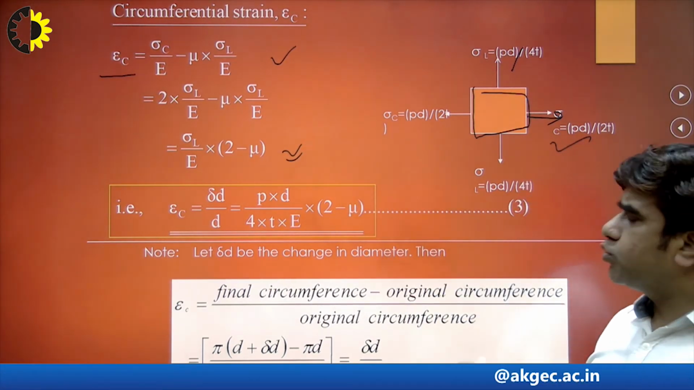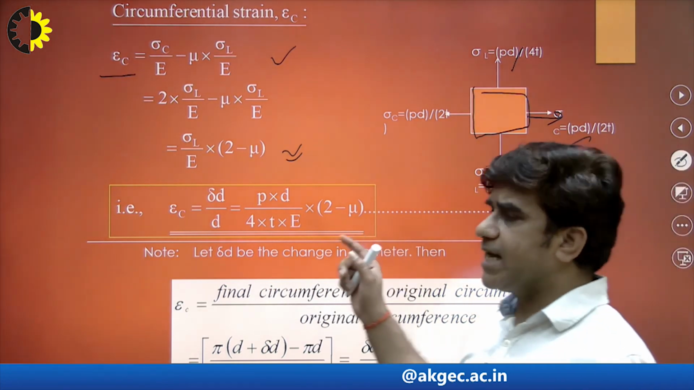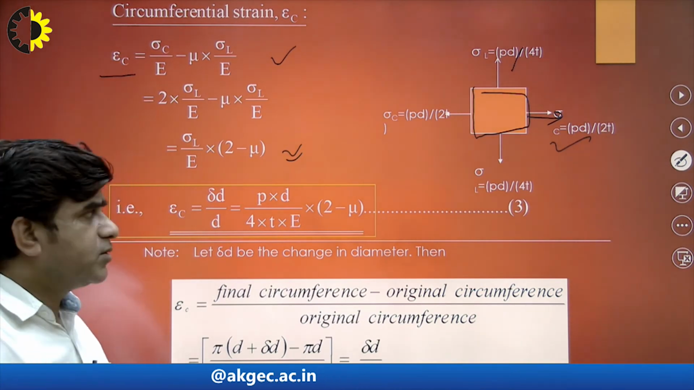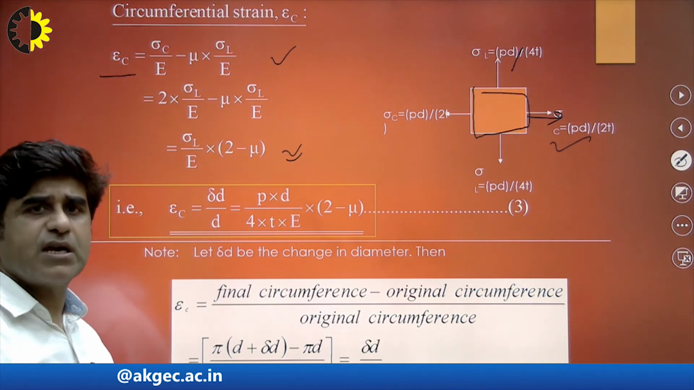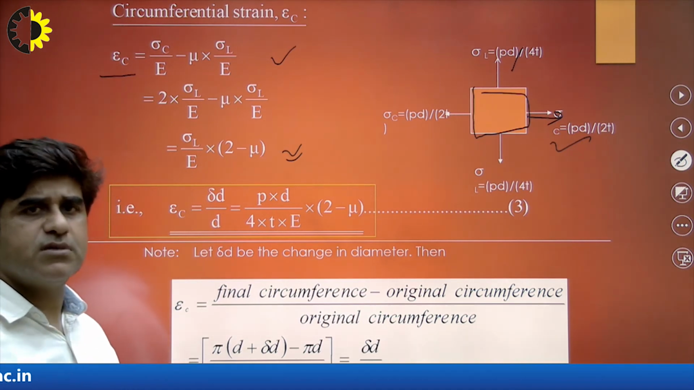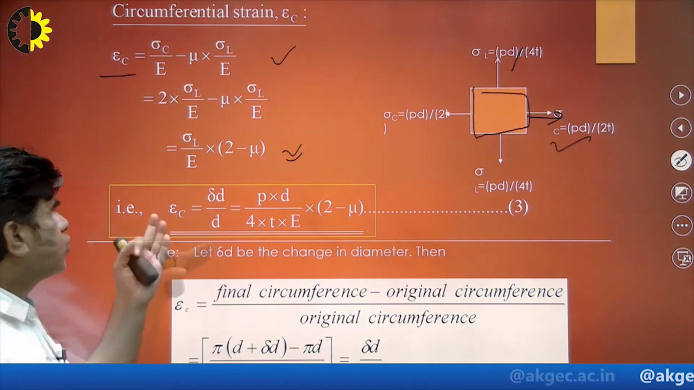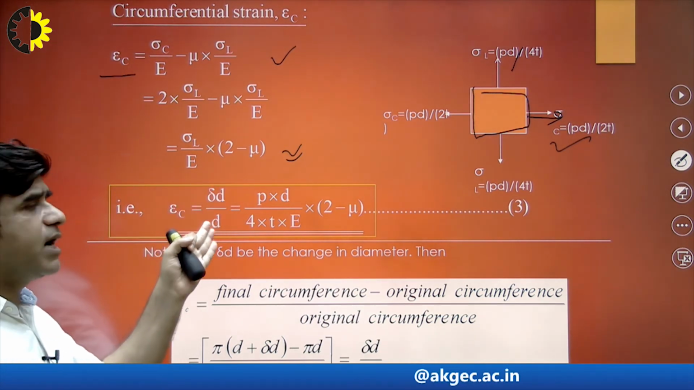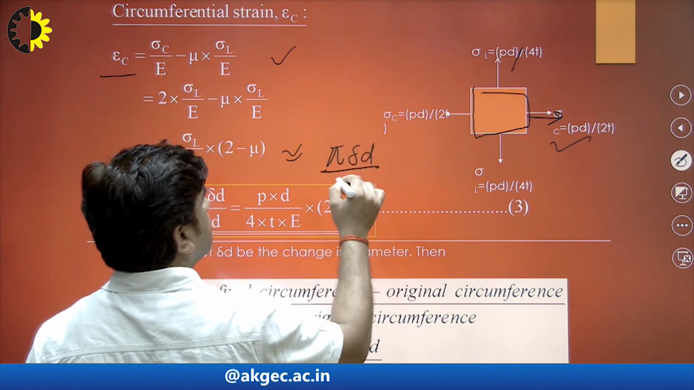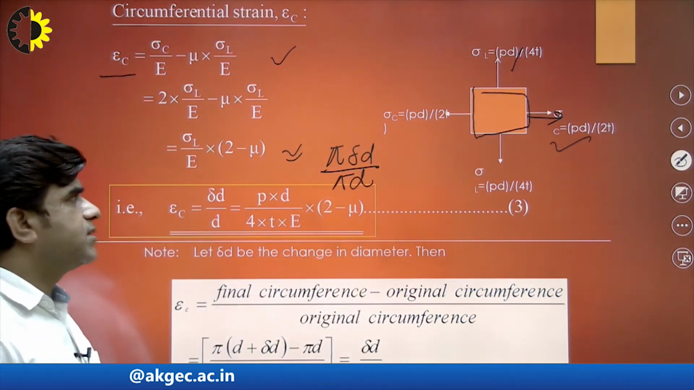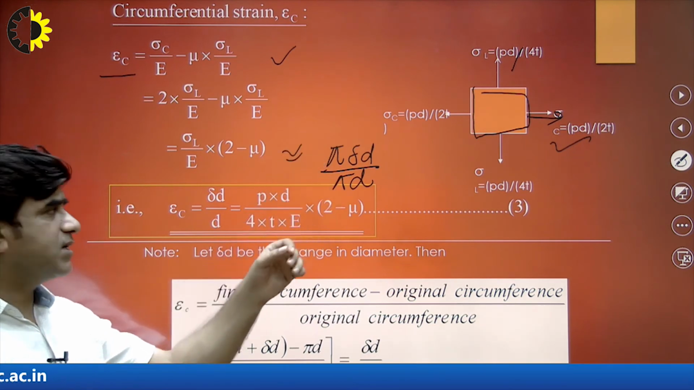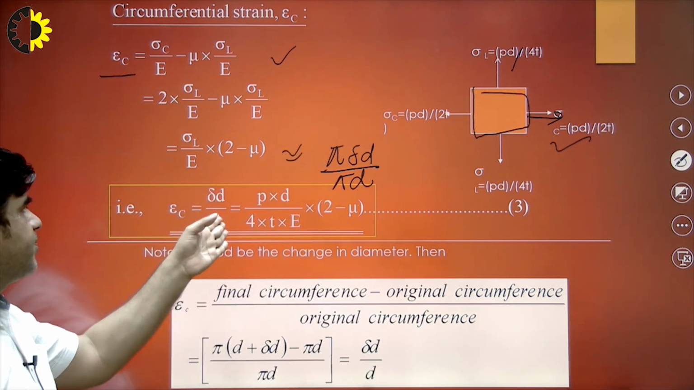Now, this hoop strain is also the change in dia upon the original dia, because it is a circumferential strain. So, I can find the change in circumference upon the original circumference. After simplifying, I can get this hoop strain as del d by d, because it is pi del d by pi d. This is change in circumference upon original circumference. So, pi gets cancelled, it comes out as del d by d,